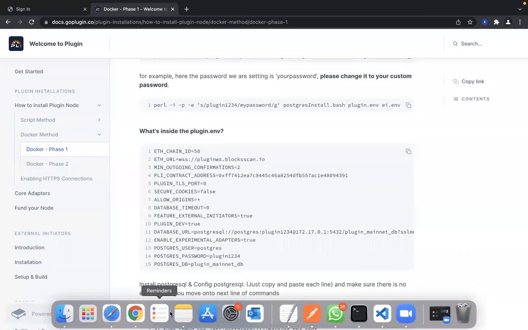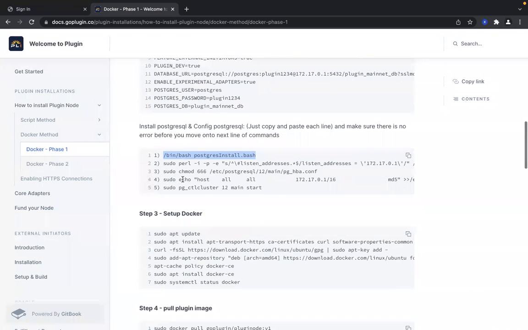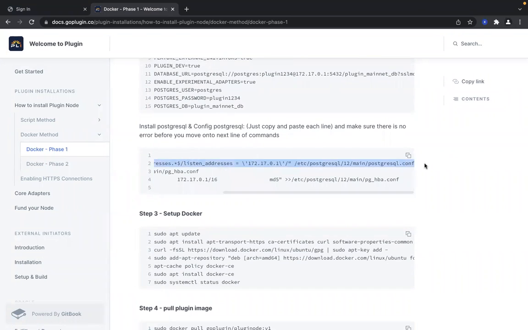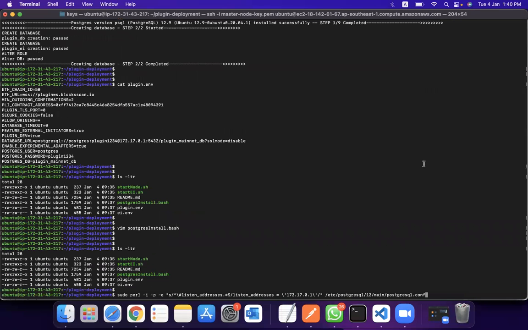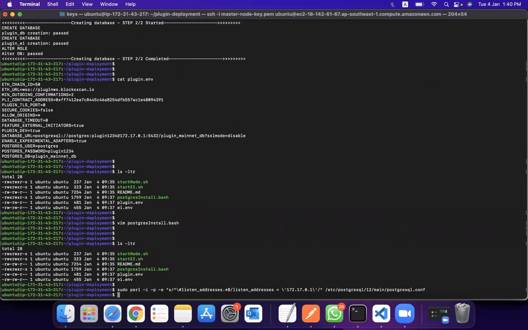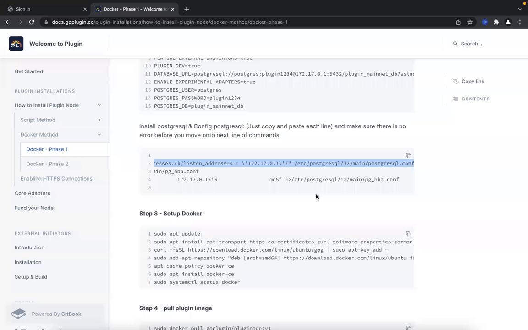So we have the Postgres install done. The next step you're going to do is this. There is no need to change any of these things. This command allows the container to talk to your Postgres database, which is running on the host machine.